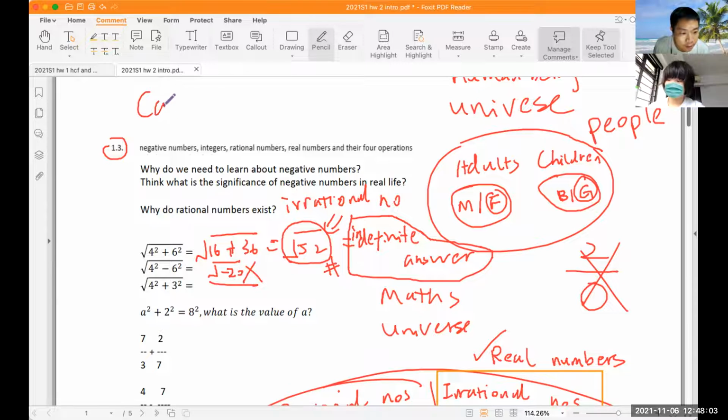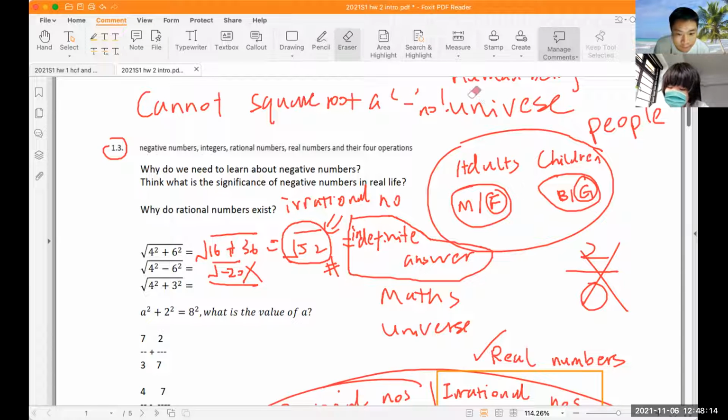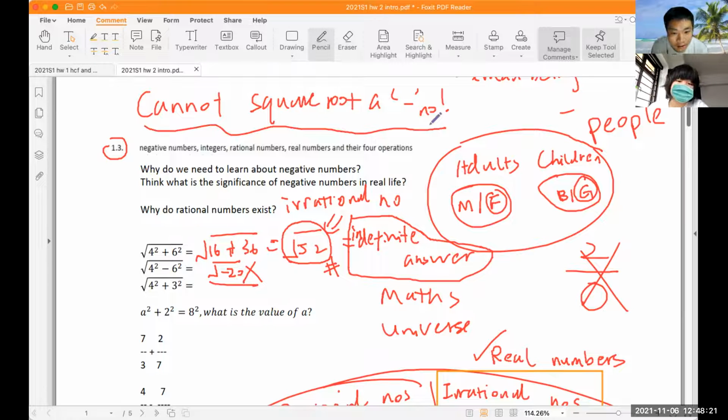So remember, you cannot square root a negative number. So remember this. Okay, remember this. You cannot square root a negative number. Square root negative number, you will get error. Then of course the last one will be 5. So for these three questions,